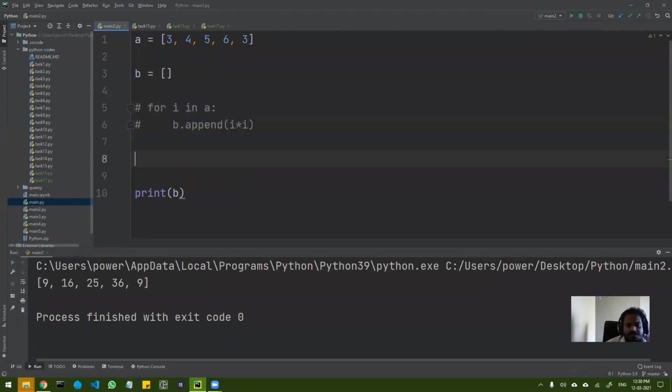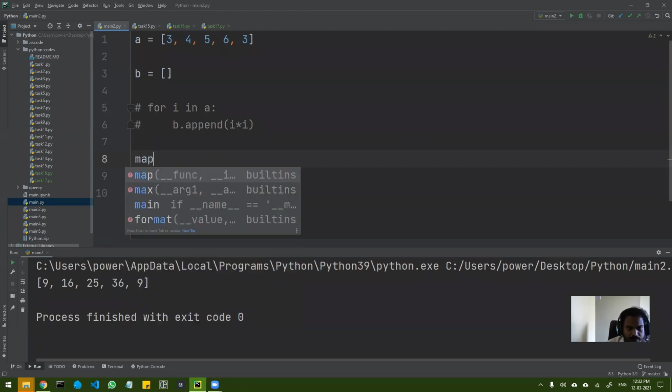Let's look at option number 2. Option number 2 is using the map function. We all know this, right? So I can do map,